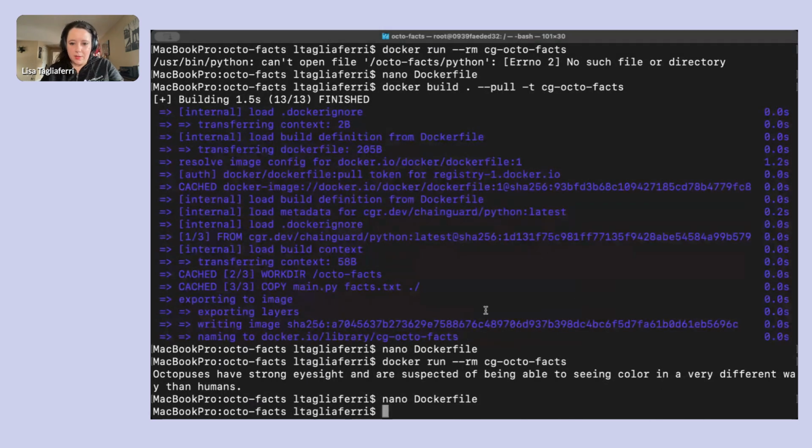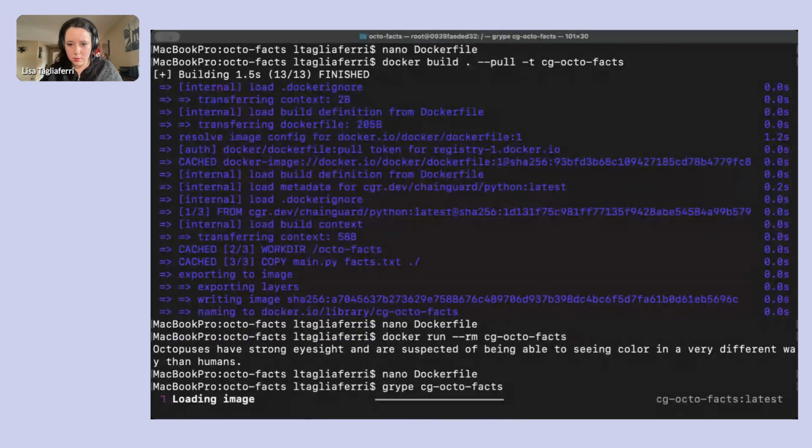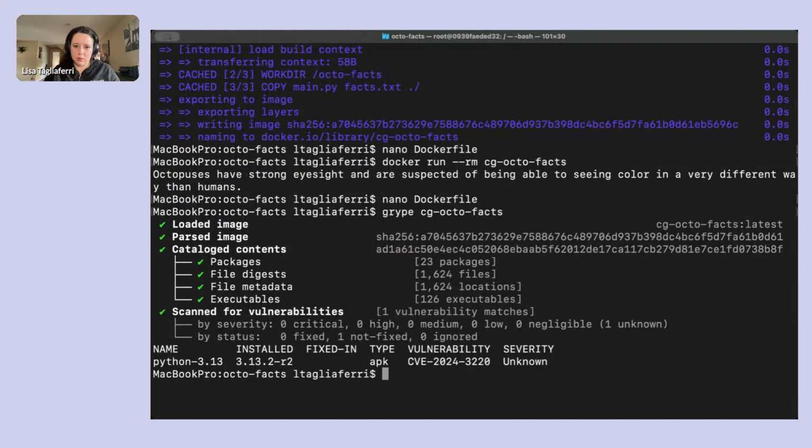Cool. So now let's run Grype on this. Cool. All right. So here we see that there is one CVE. So this gives us a chance to look at this. So this is one CVE. So as I showed you, as of yesterday, there were 0 CVEs. Today we see there's one CVE, and as I mentioned, we build nightly. So it's actually